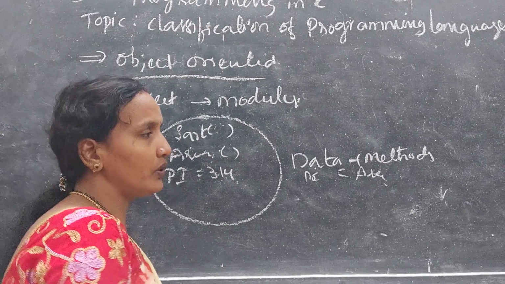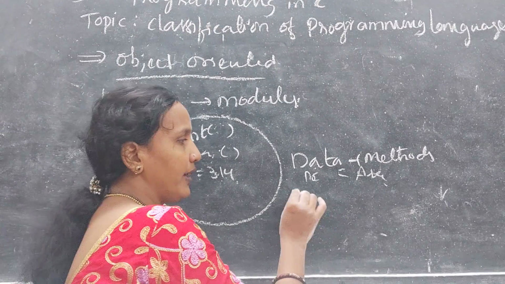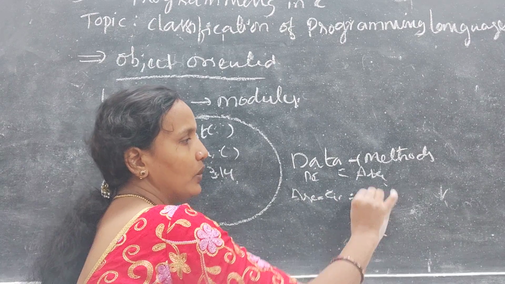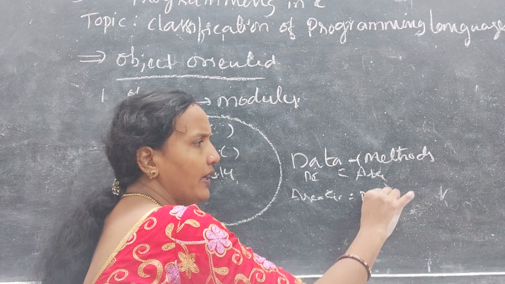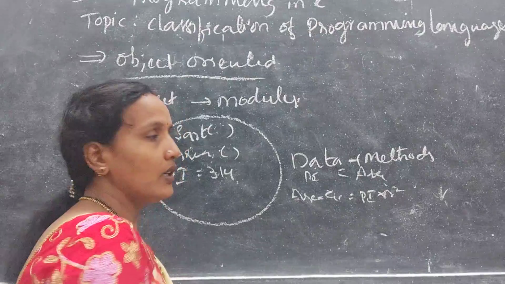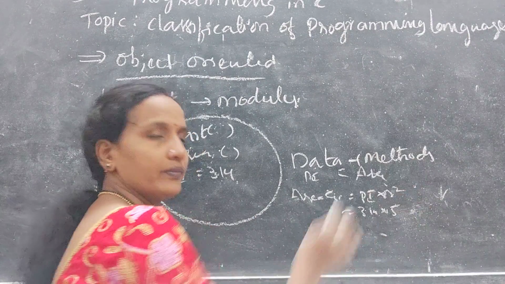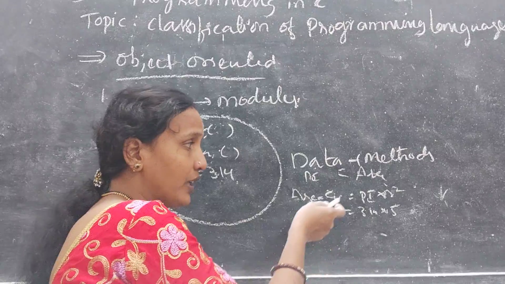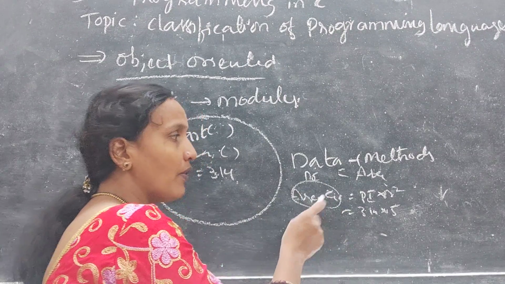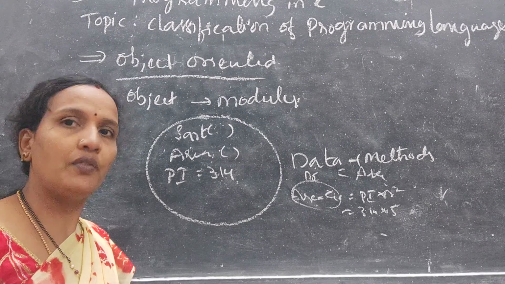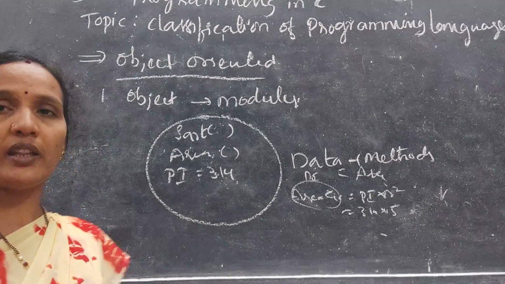So here if you want to calculate the area of a circle, how will you calculate? Area of circle equals pi into r square. Example, pi into r square I want to calculate. Then pi is already there, 3.14, and r I am giving like this, 5. But this area of circle is a function, and you are getting this object from somewhere, and that pi value, from that object only you are getting. Only the point is here,